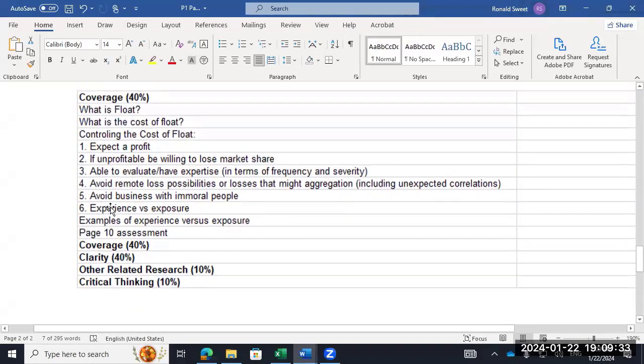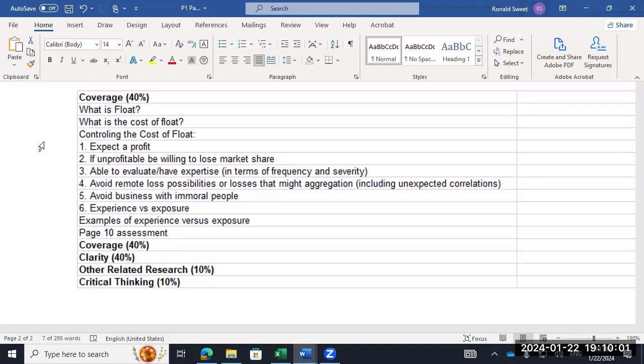You might, on experience and exposure, do these 2 all under one area, but I would have all 5 of these, all 6 of these as a title that goes into it. Over here, you might say float and its cost and put it under one section. And then here you have kind of an introductory section. So if I were writing this, I would probably say, okay, float and its cost, here's definitions. So you're just doing definitions, some quotes from Warren Buffett.